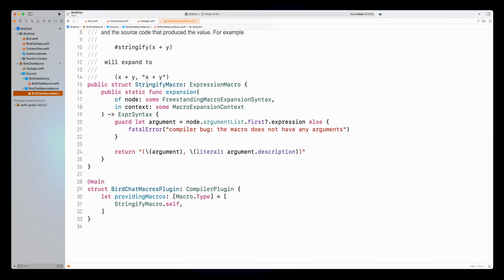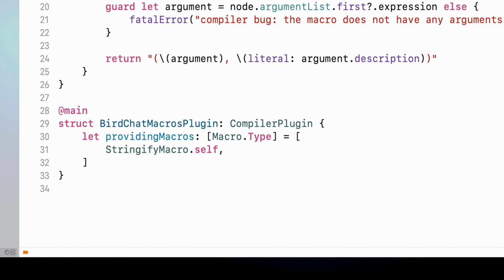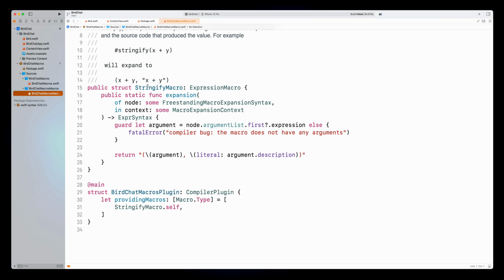Finally, please pay attention to this compiler plugin struct. This is where you register each macro implementation. If you forget to add it here, which I did more than once, the compiler won't resolve it. I find the location of the struct kinda confusing, so I prefer to make it more prominent by moving the struct to a separate file. As you can see, adding a macros package is pretty easy, and the built-in template does most of the tasks for you.